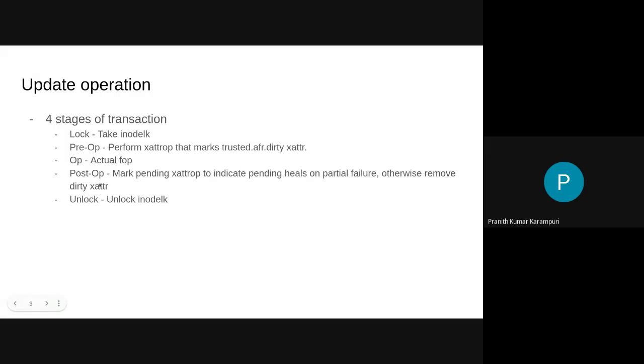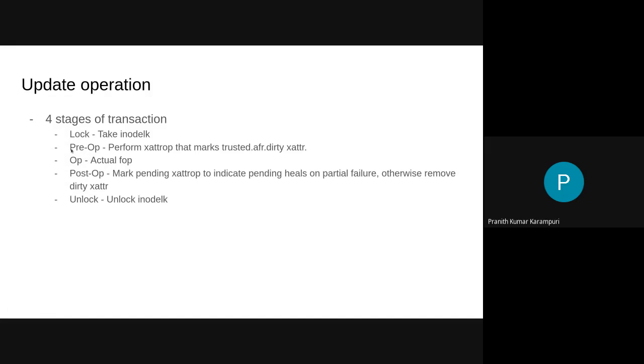Locking and unlocking depend on the lock session we did, the inode LK and entry LK. For data and metadata, it will be inode LK. For directory operations, it will be entry LK. And pre-op and post-op are going to be based on xattrop. This is something that I've talked about in the earlier sessions.